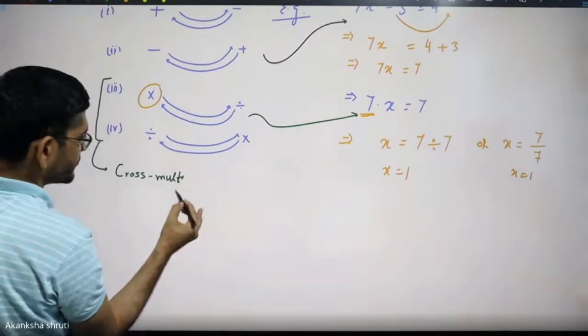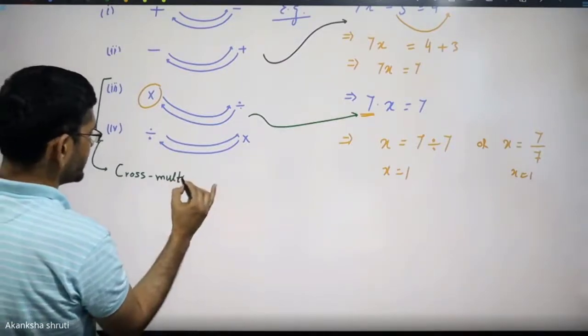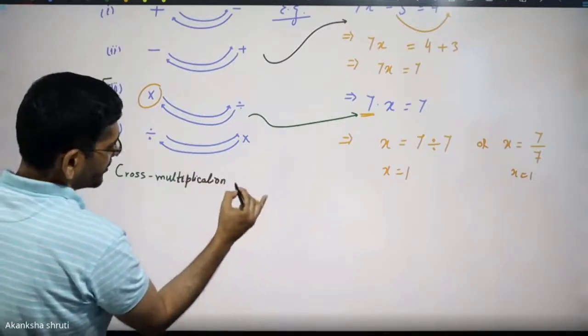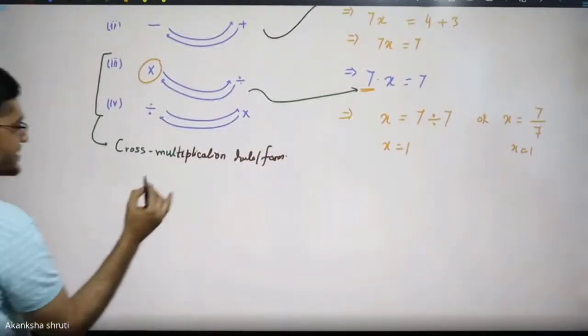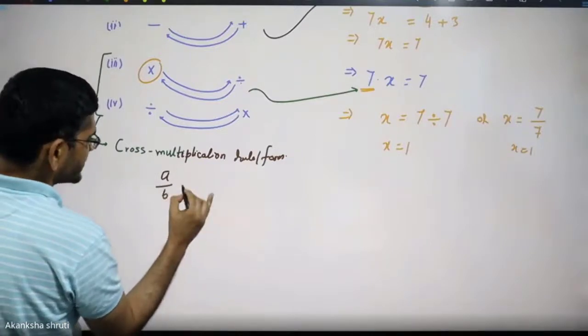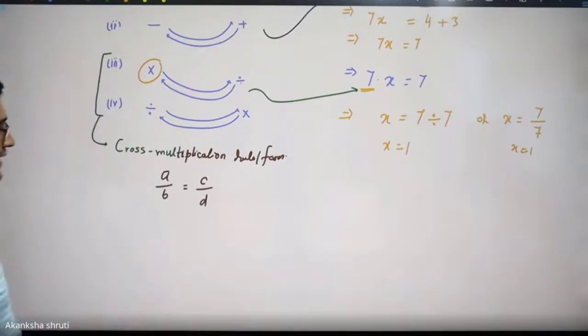Because in different books you will get these terms: the multiplication rule or form. Students, this rule tells that if I have the ratio a by b, and this is equated to c by d, then